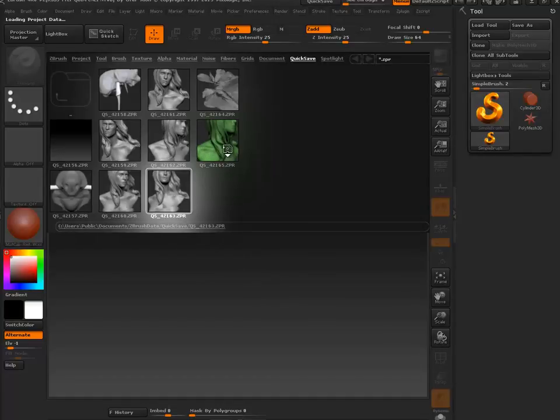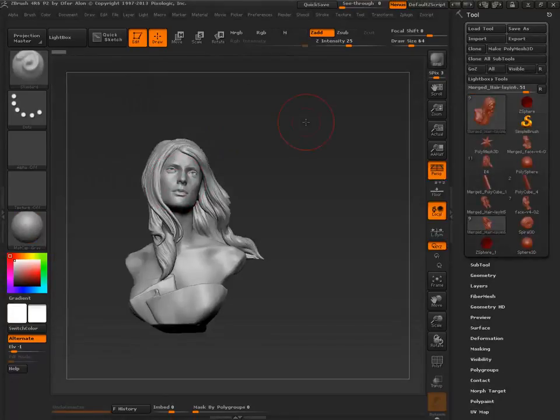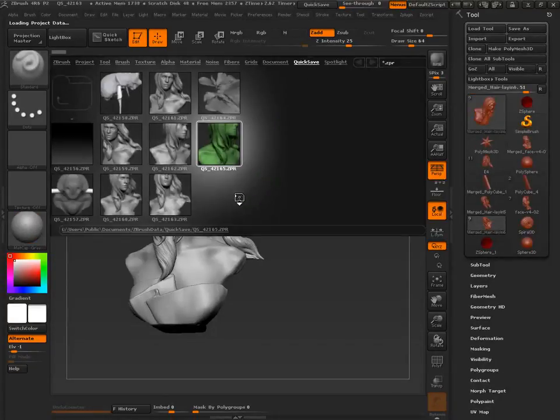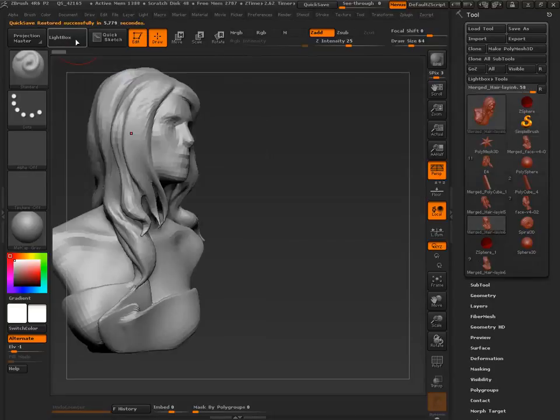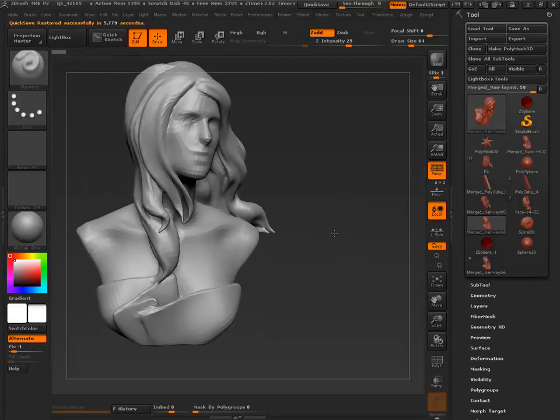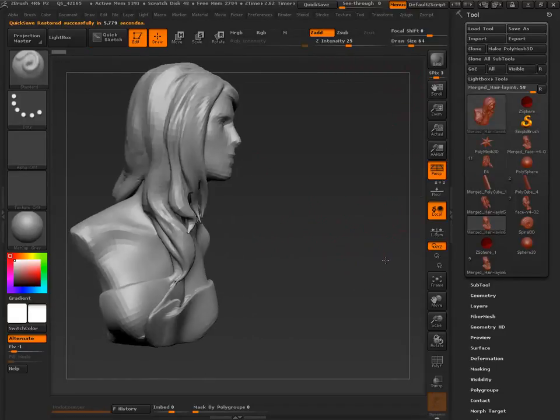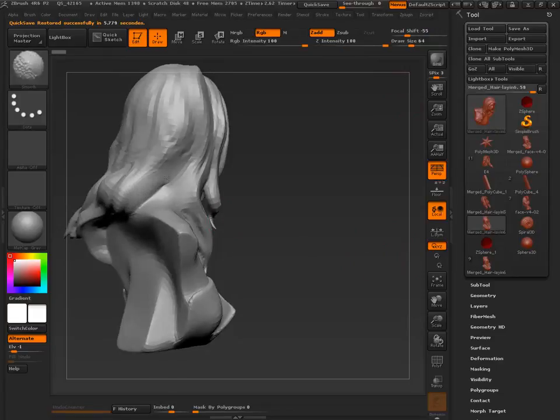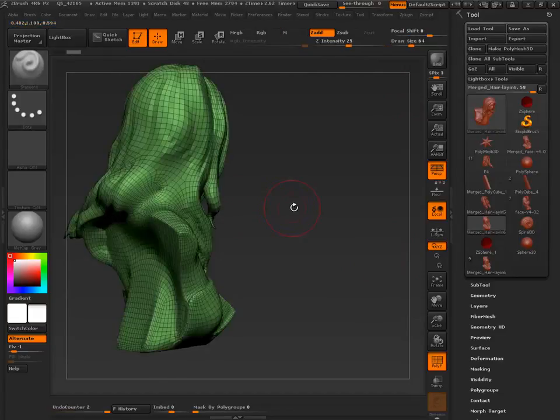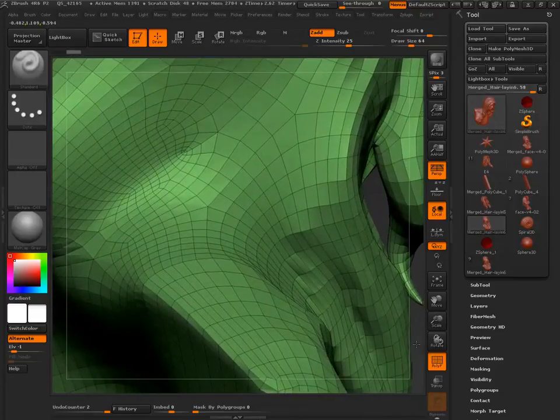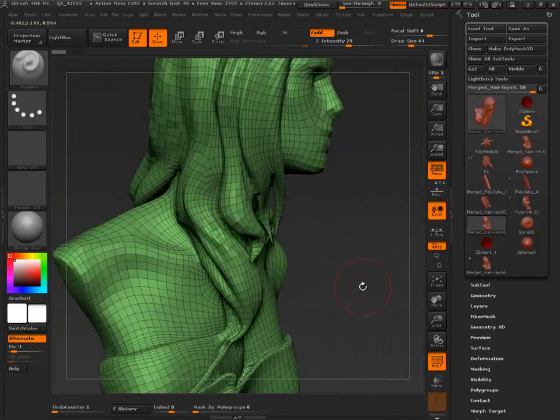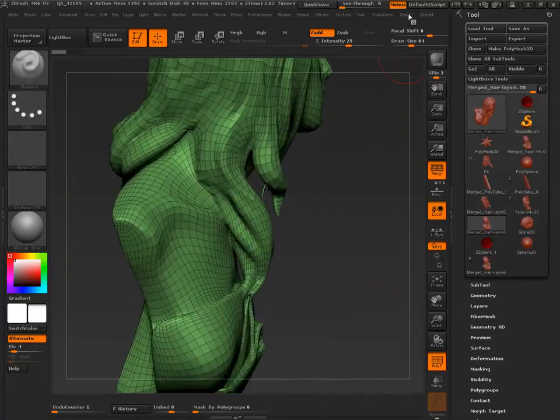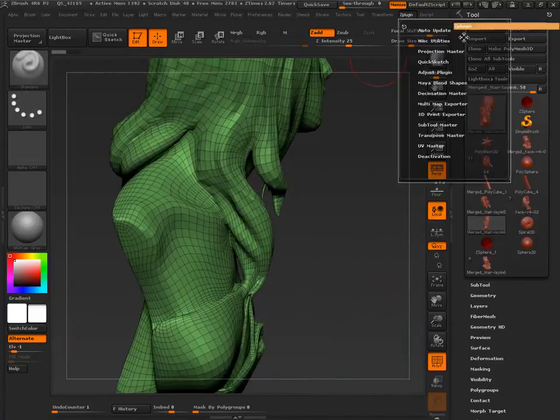Oh, 165 is what I wanted. Lightbox, quick save, 165. And is this our... Yes. Okay, let's take this over again, see if it's going to crash again.